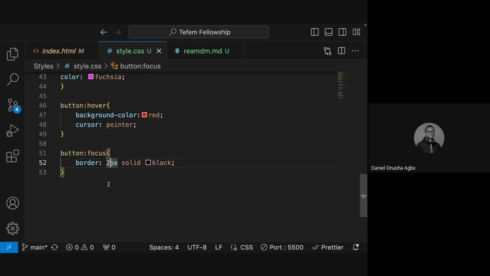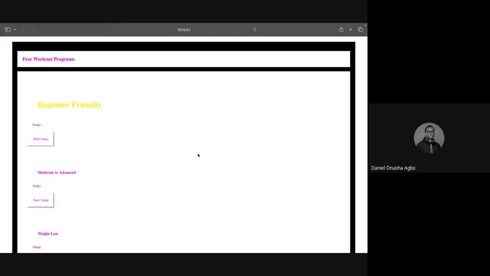Let's say 10 pixels, so it could be very visible. So what happens? I've hovered. When I click, I have it there. But it's not quite. Then let me use